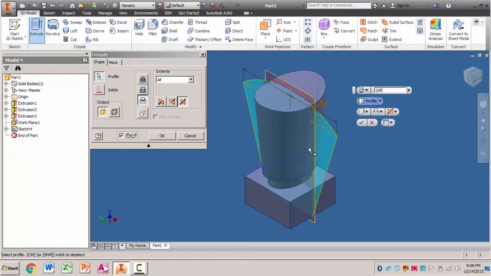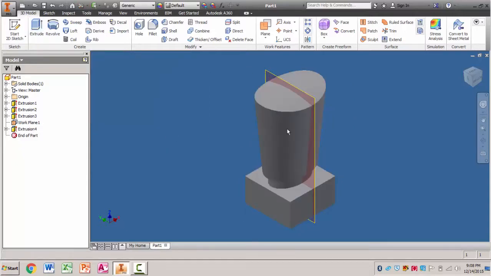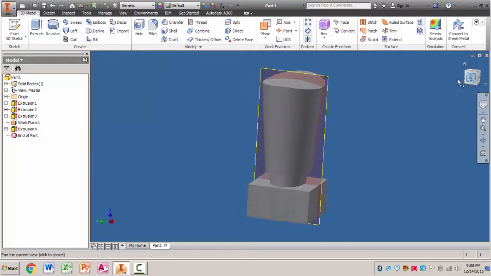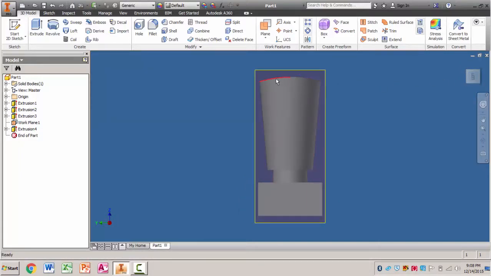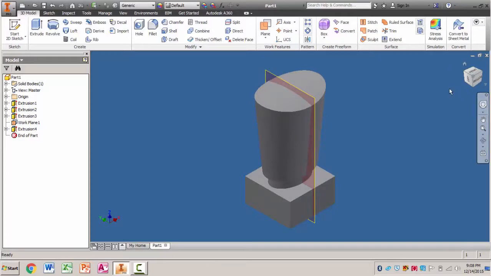And as soon as I hit OK now, and if I rotate my part, I now have a nice curve along the top, which I did not have before. So I'm going to now finish up the rest of it, which is basically just the head, which is pretty easy. So we're going to place a sketch on my work plane again,